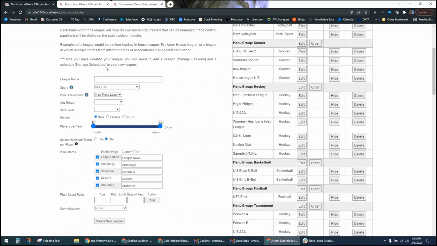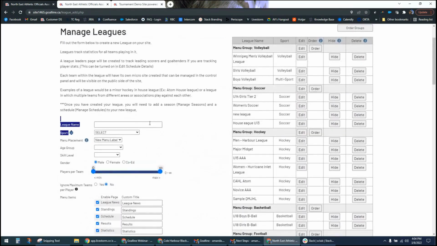The league is where the standings and the schedule for all of the teams in this league is going to live. If the clubs and the teams within this league also come from Goalline organizations, then we have abilities to tie in those schedules so that the schedule information will push and pull, and roster information can push and pull as well. So there's lots of ways to integrate things, but the starting point is to make sure that